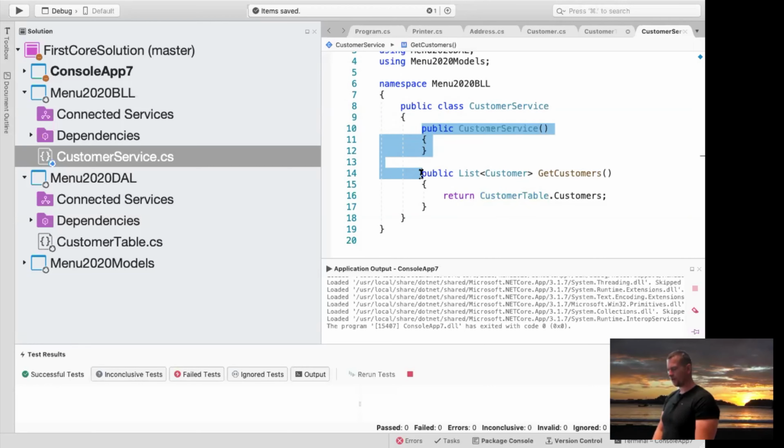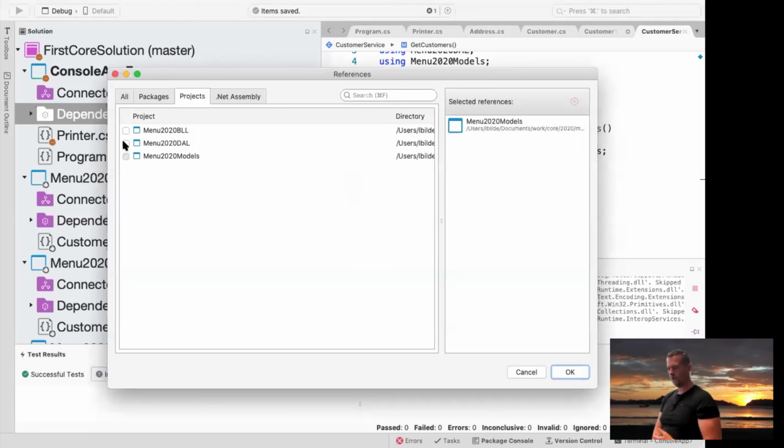And again, since I'm not using the constructor right now, let's just get rid of it. And the final step is we're going to try and see if we can actually get some customers from our customer service. So I'll jump to the console app. And yes, to those of you who really understand this now, I need to add a reference for the business